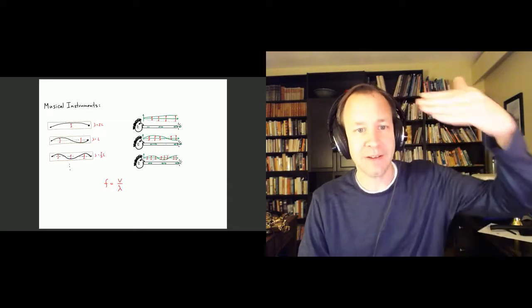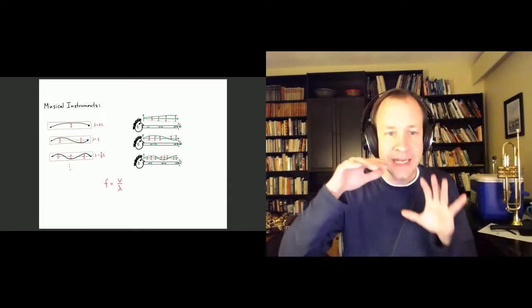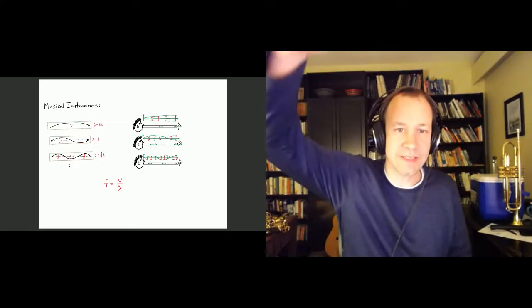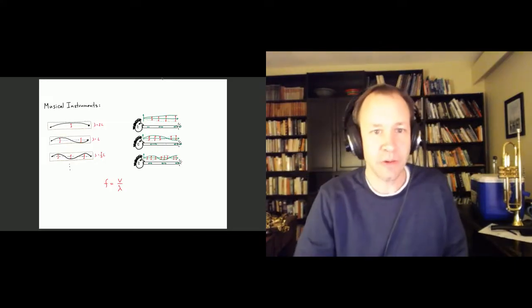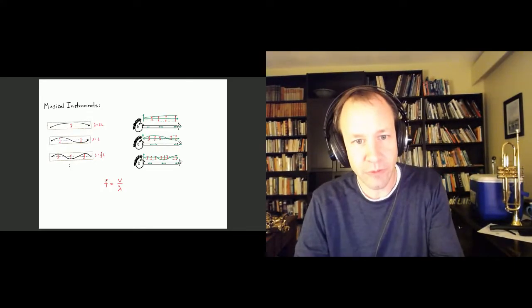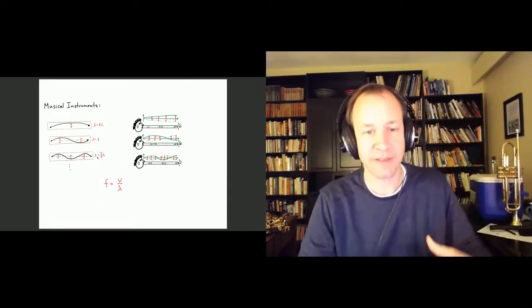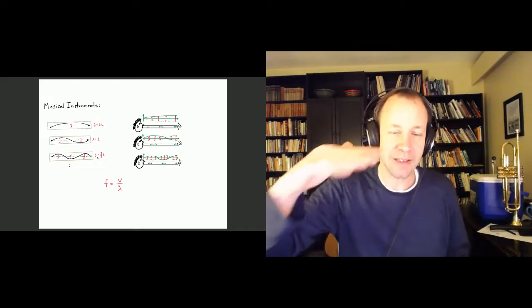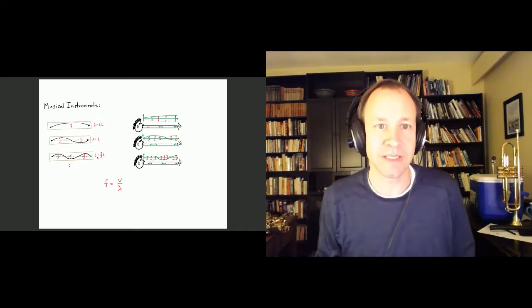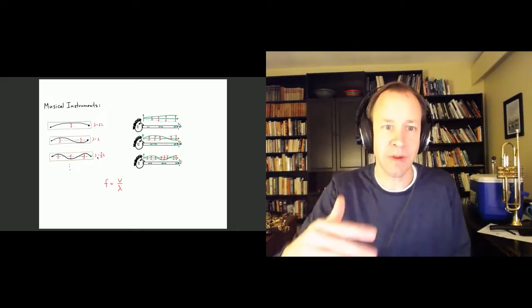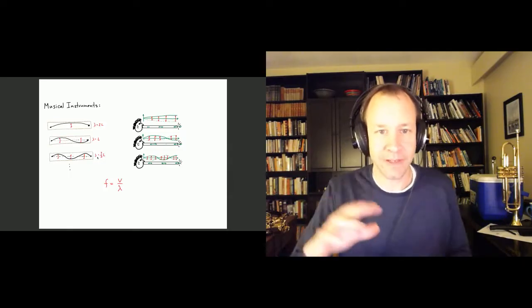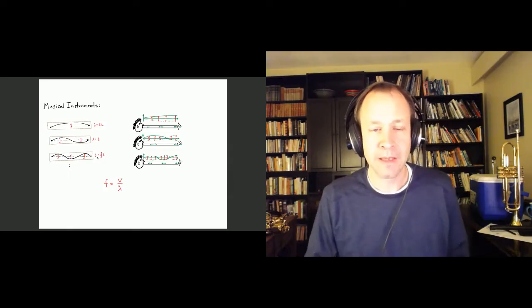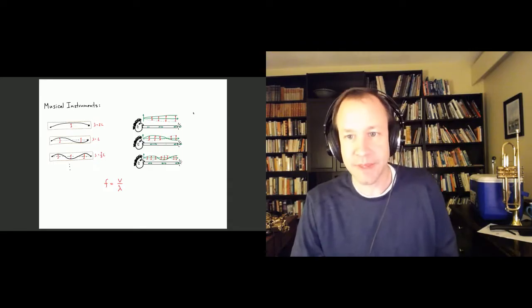And so you can have, for a single guitar string, different possible ways of vibrating, and the lowest frequency, which corresponds to the longest wavelength, that's what we call the fundamental frequency for that guitar string. And then all of these other ones are going to be multiples of that frequency. We call those harmonics of that fundamental frequency. Now, it's basically the same thing for